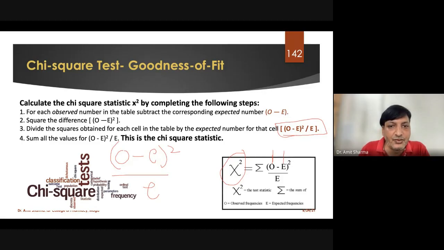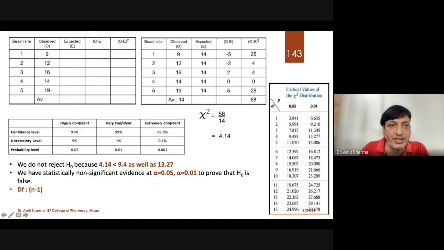Clear? So what we have to do, I'll just directly show you in the slide. You are going to get a numerical like this in the examination. First box, this one. Don't look at this first. You are going to get this one. Now, a scientist, or the person who has given it, or an examiner, wants to find out that in a city, for example in Bombay, there are, or in Goa it is a very common site where we have a beach.